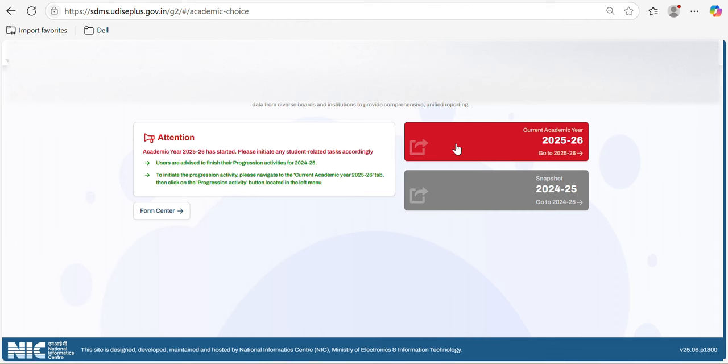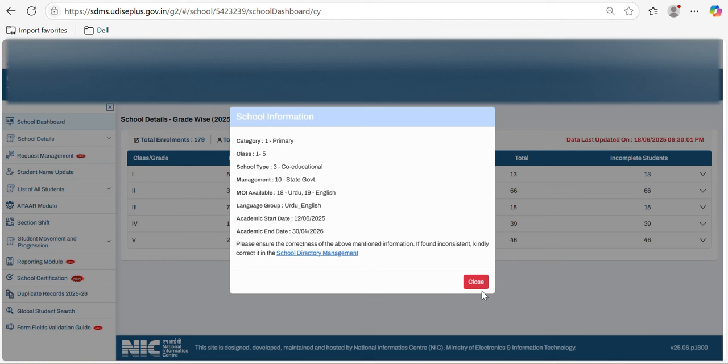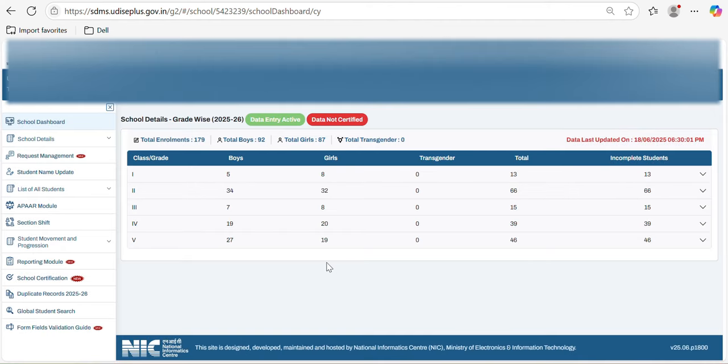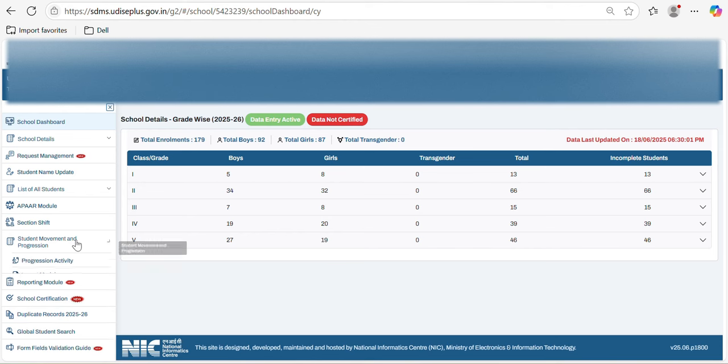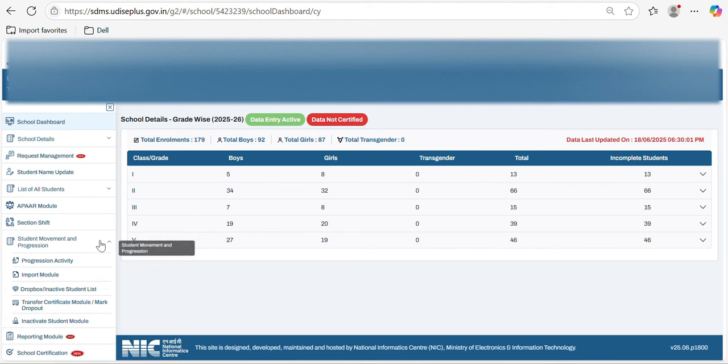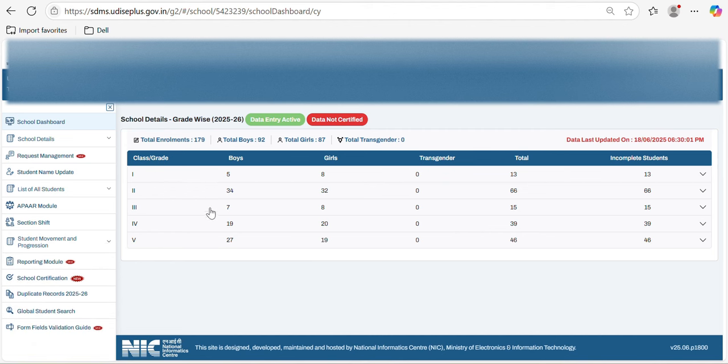For this, you have to go to current academic year. To do all the activities, first you need to complete your school progression. Like last year's progression has to be completed and finalized. If that is done, the remaining options can be opened for you. So in this, you have these particular options which you can see on your left,